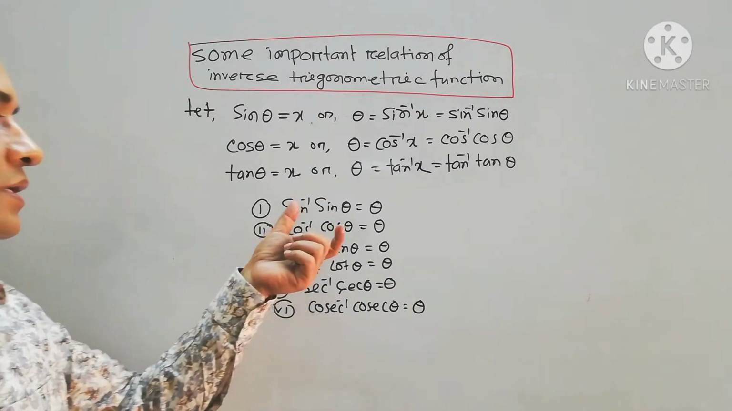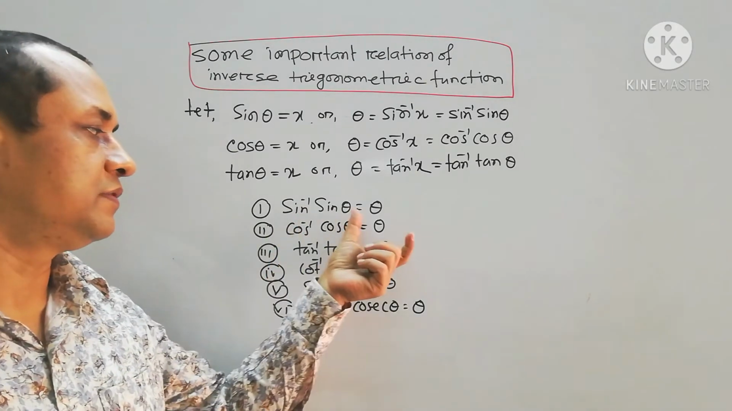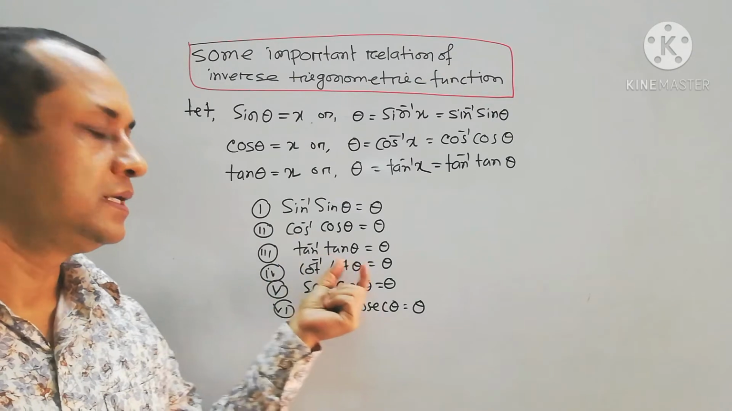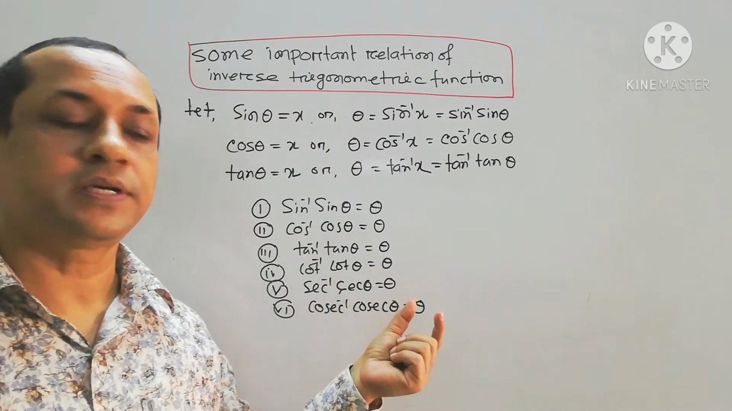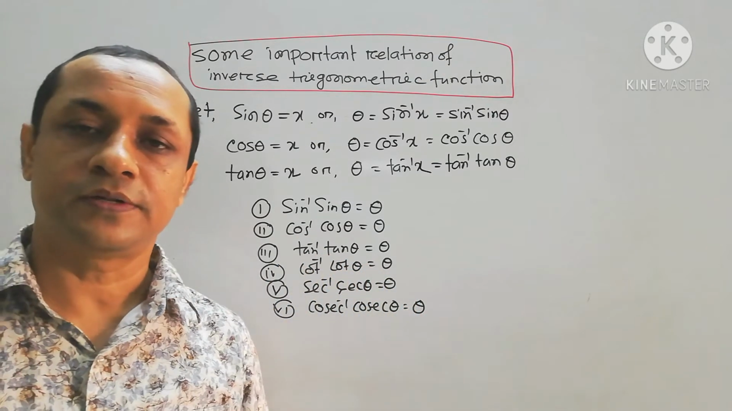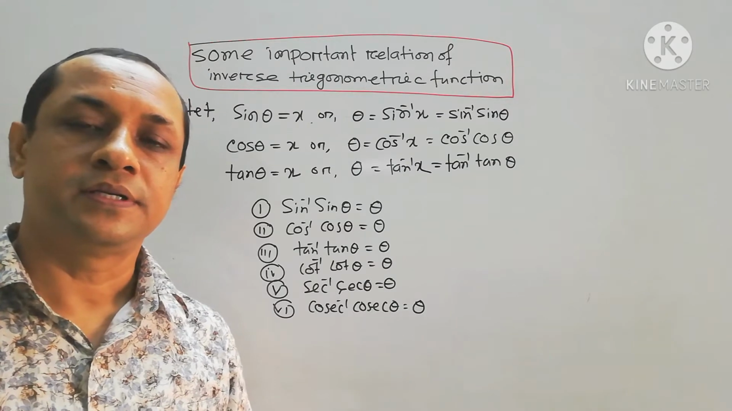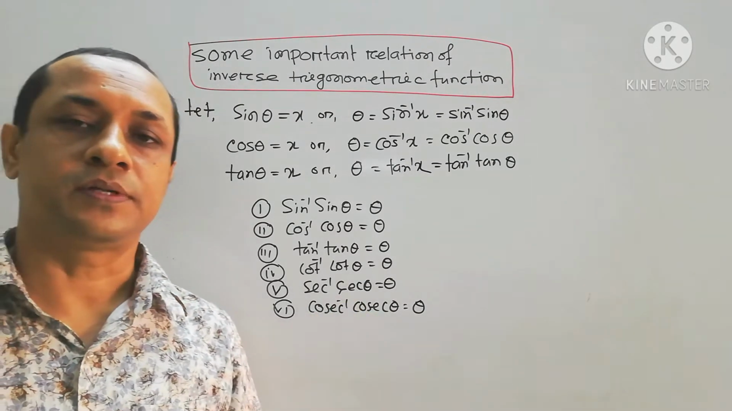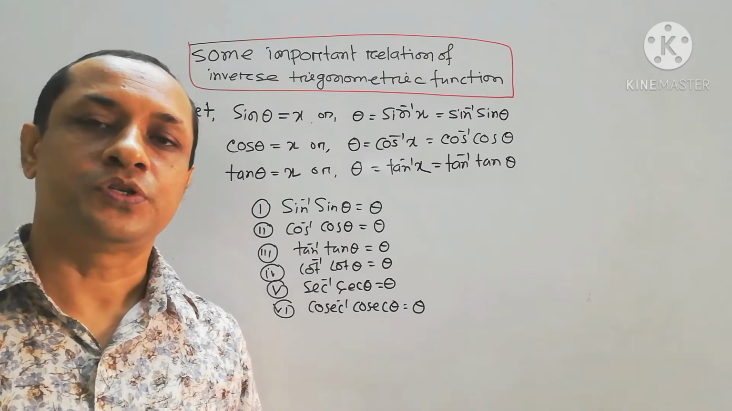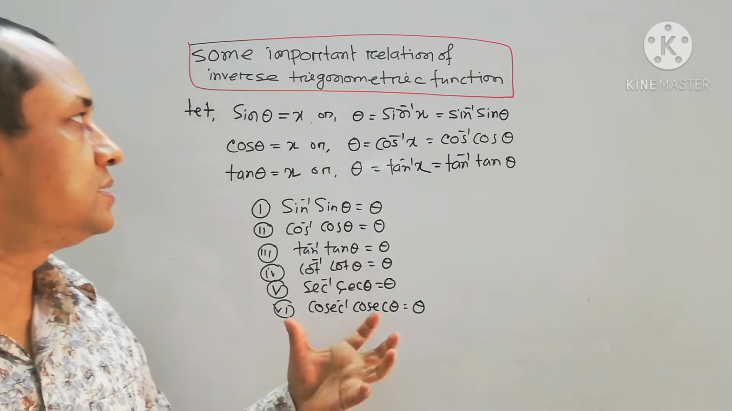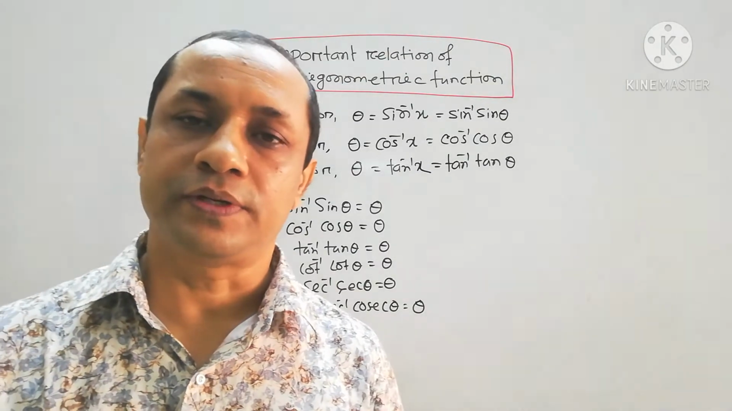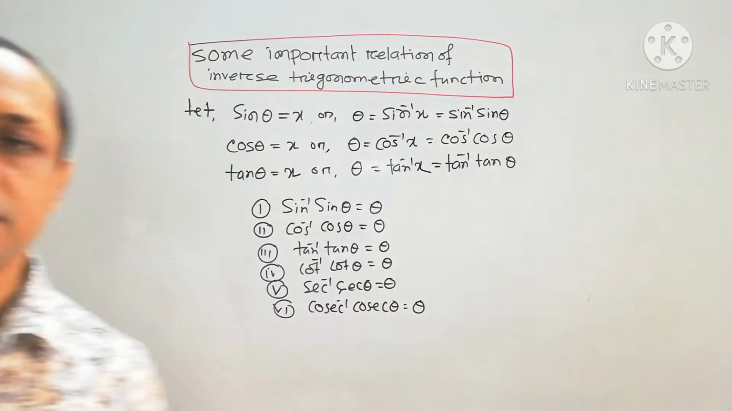So students, memorize it. Sin inverse sin theta equals theta, cos inverse cos theta equals theta, tan inverse tan theta equals theta, cot inverse cot theta equals theta, sec inverse sec theta equals theta, and cosec inverse cosec theta equals theta. So students, this is an important relation of inverse trigonometric functions. Then next number,